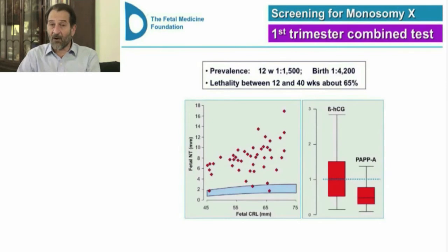Another relatively common chromosomal abnormality is Turner syndrome, and in this case we have two types of Turners. We have the lethal type with a very much increased nuchal translucency, or what some people refer to as cystic hygromas, and in this type the maternal serum PAPP-A is reduced, and therefore again the condition can easily be identified from the first trimester